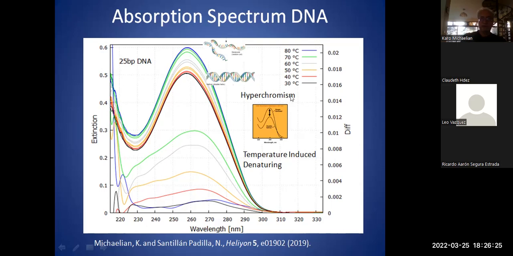So we did this at different temperatures, now starting from 30 to 80 degrees. And you know that you can denature DNA by increasing the temperature. When we get to 80 degrees, this short strand DNA denatures. And this is just the contribution around these temperatures in a 3-degree bin, but don't worry about this, we're not going to get into that. Okay. So this is temperature-induced denaturing. And we're realizing that because we see this hyperchromic effect. When we go from double-strand to single-strand DNA, we increase the absorption at 260 nanometers.